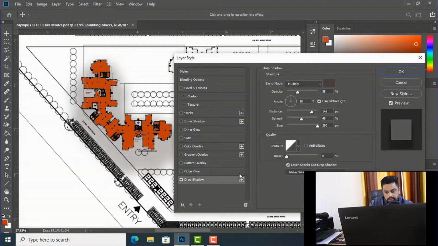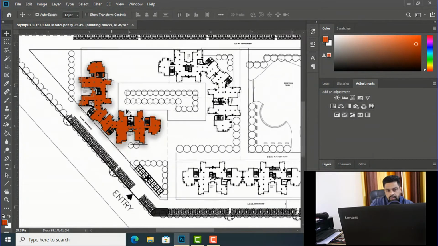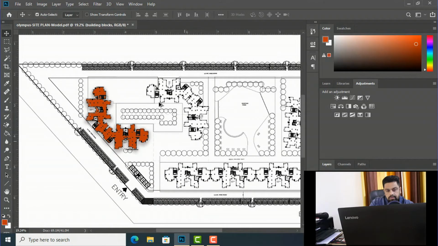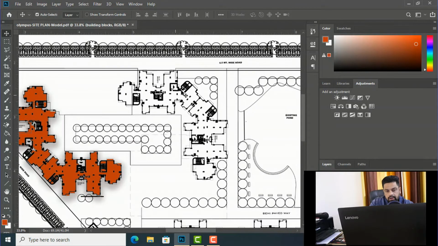I am going to double click this one, and now you will go to the settings of this drop shadow. You can reduce this distance because it is looking very far, and I'm going to reduce the spread also, and size is big, so you can see. It is giving shadow effect to this one. So now it is looking better with the shadow effect. So this is the method. Now we will cover all these buildings like this,